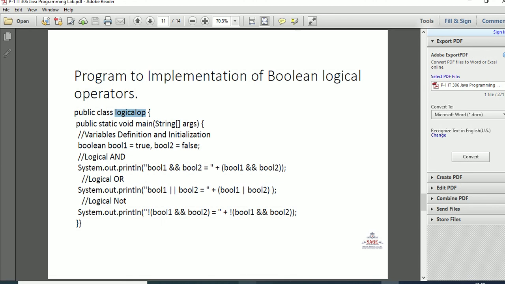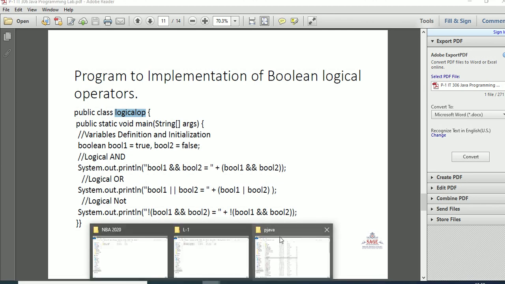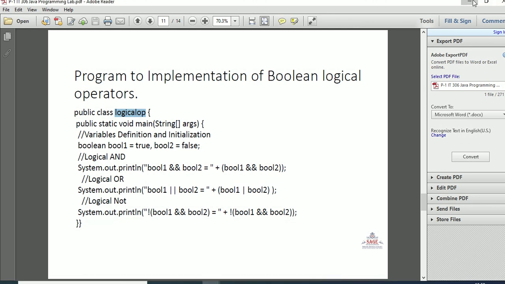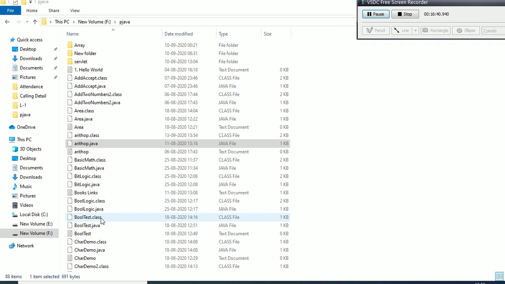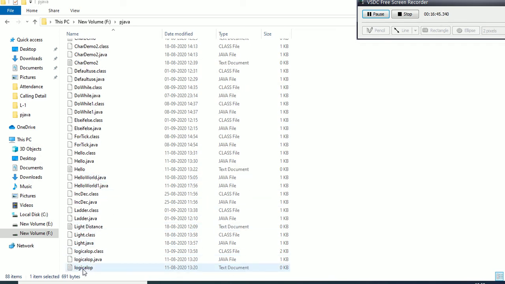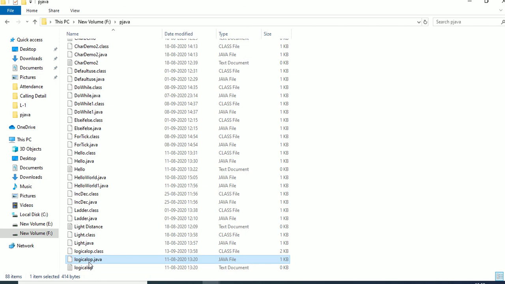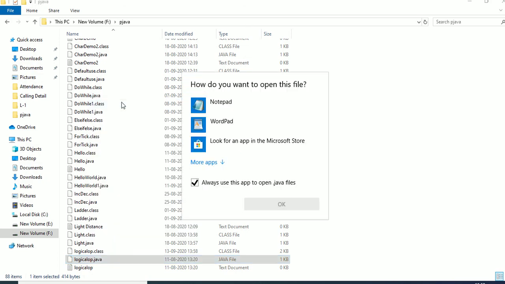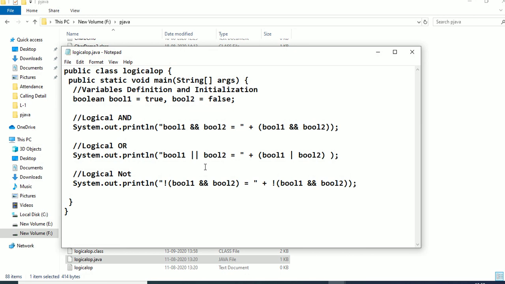Now we are going to see the program which we had written. I wrote the program inside the Notepad editor, and I saved it with the class name, that is LogicalOp.